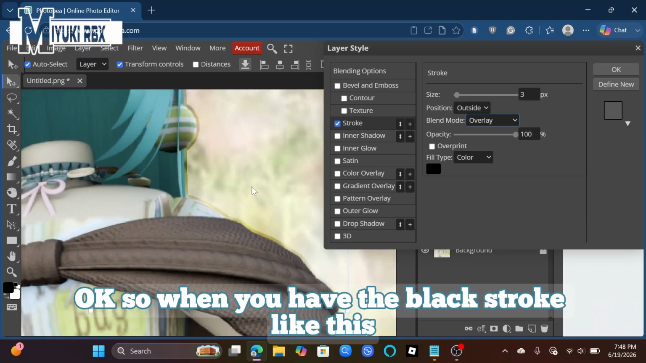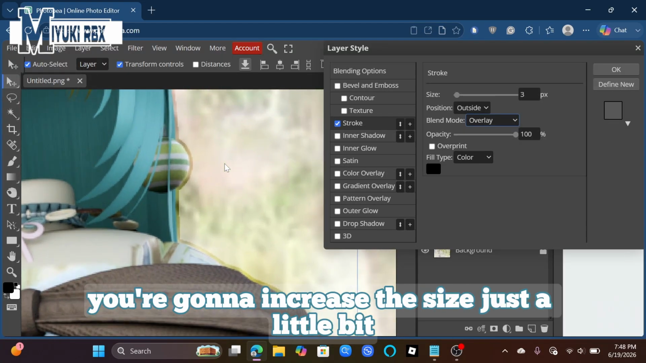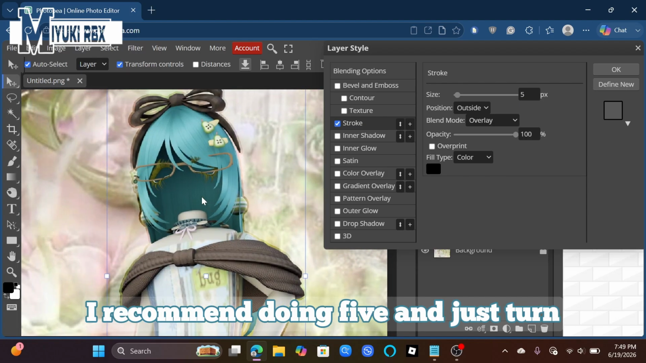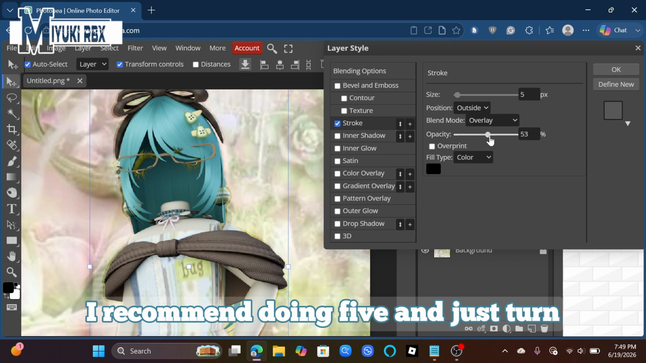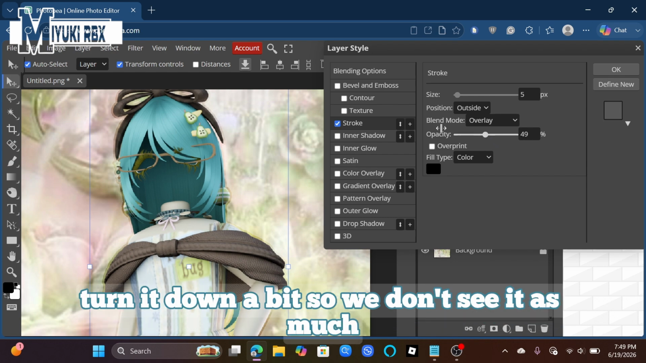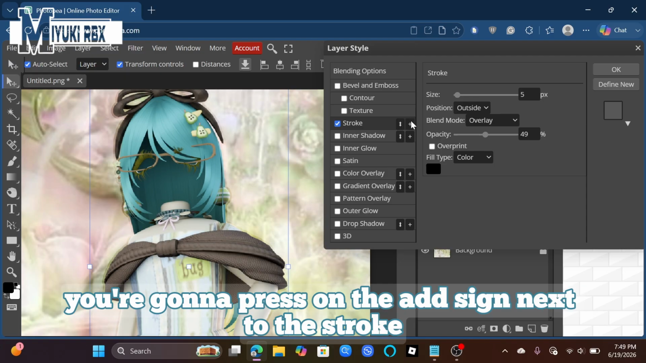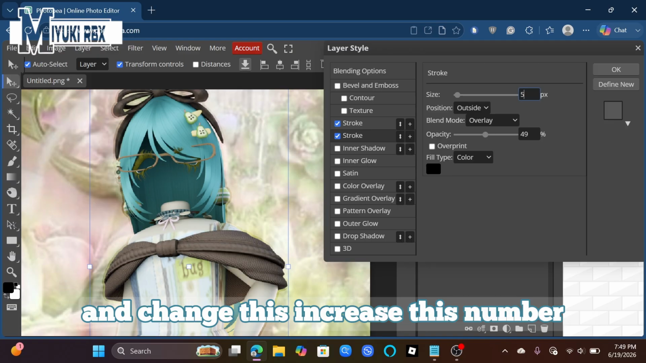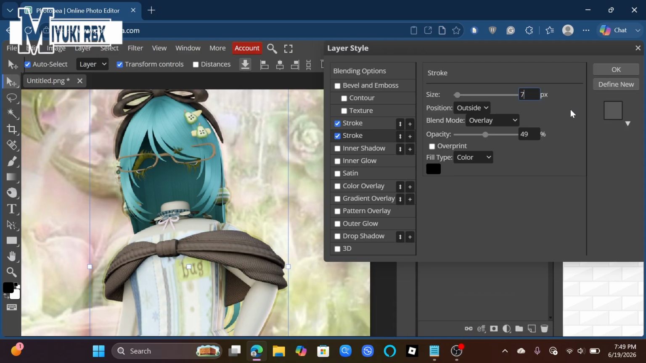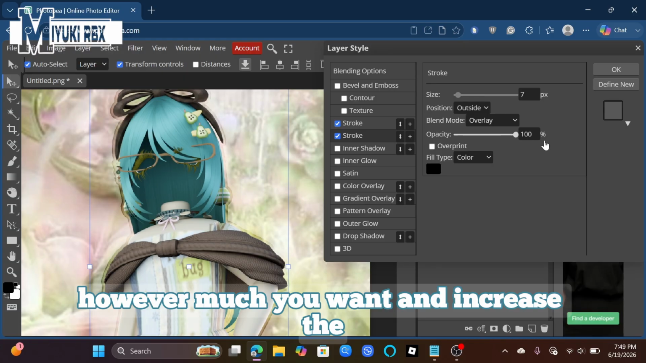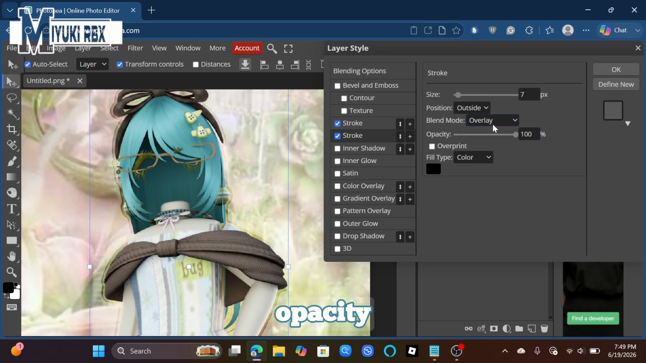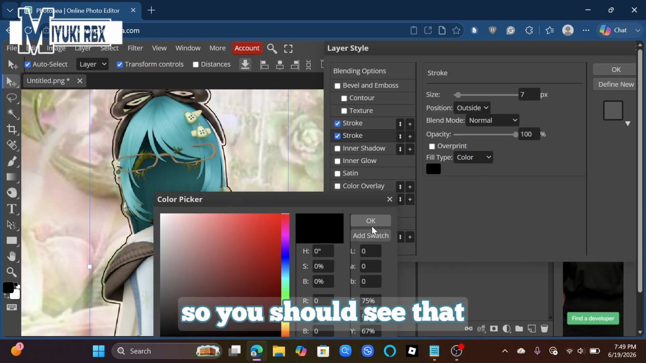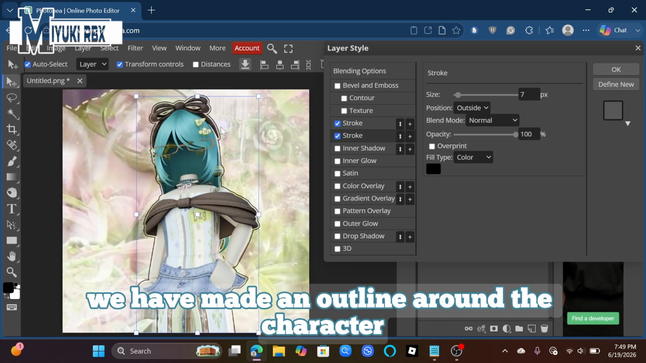Okay, so when you have the black stroke like this, you're gonna increase the size just a little bit. I recommend doing 5. And just turn it down a bit so we don't see it as much. And then you're going to press on the add sign next to the stroke and increase this number however much you want, and increase the opacity and turn this back to normal. So you should see that we have made an outline around the character,